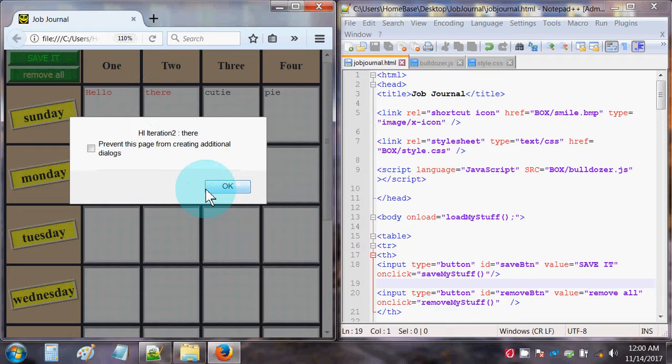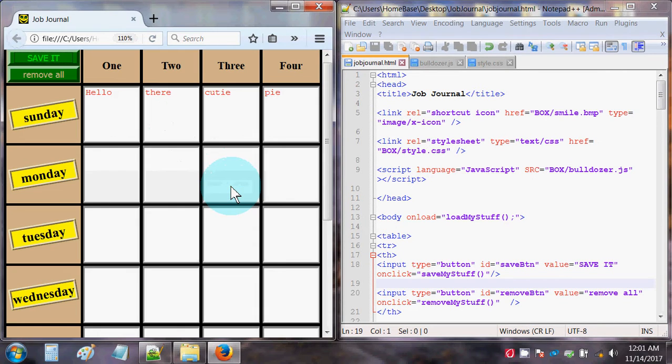Hi, iteration 2, there. And another thing that happens in Firefox, because I put in the code that it would also change the font color to red, well, it works for Firefox, but when I try to do the same thing in Chrome, for some reason the color doesn't turn red. So maybe there's a different syntax for Chrome, but in any event, I'm not going to worry about it right now. Anyway, you click OK, hi iteration 3, cutie, and hit OK, hi iteration 4, pi, hit OK again, and